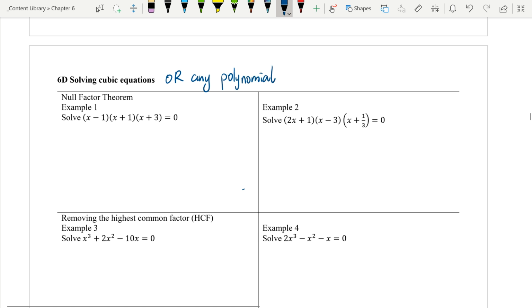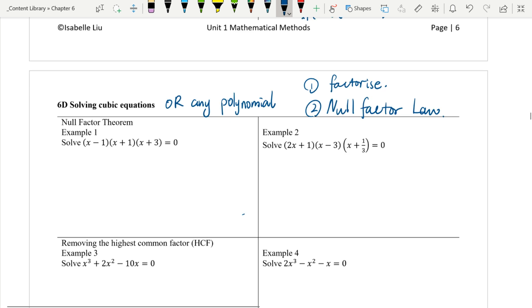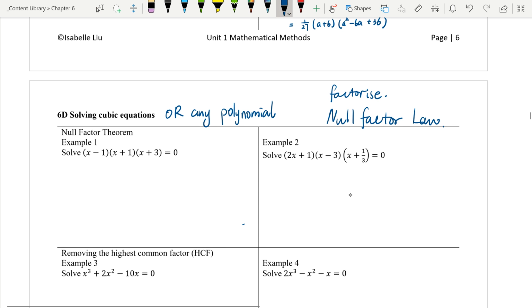So if you want to solve cubic or solve any polynomial, the first thing we do is factorize. Then the first thing we do needs to be factorize, and the second thing, if we can factorize, is the null factor theorem or null factor law. There's only two things we need to do. First, factorize. Well, I may change it a little bit. Maybe step 2 is factorize. Step 3 is that. Step 1 is move